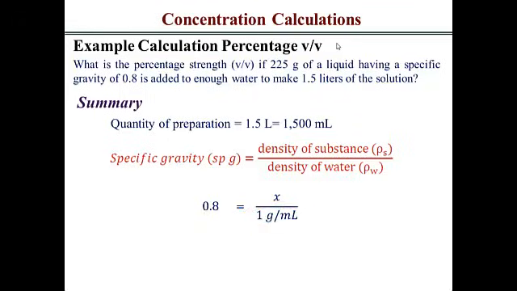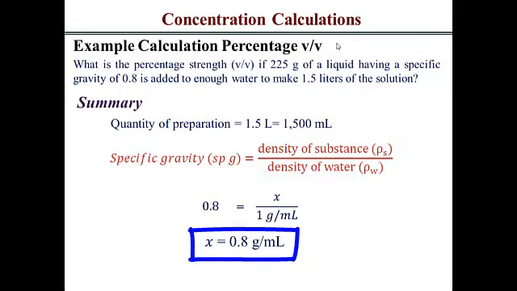And because the density of water is 1 gram per milliliter, more often than not, the density of your substance will be the numeric value of your specific gravity, but this time having units of grams per milliliter. So when we do the math, we end up having 0.8 grams per milliliter as the density of our liquid